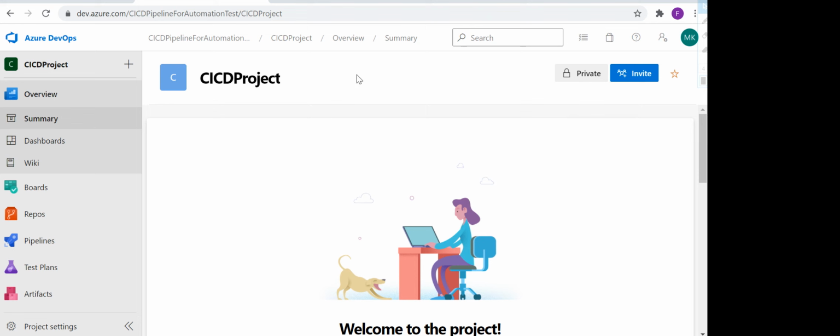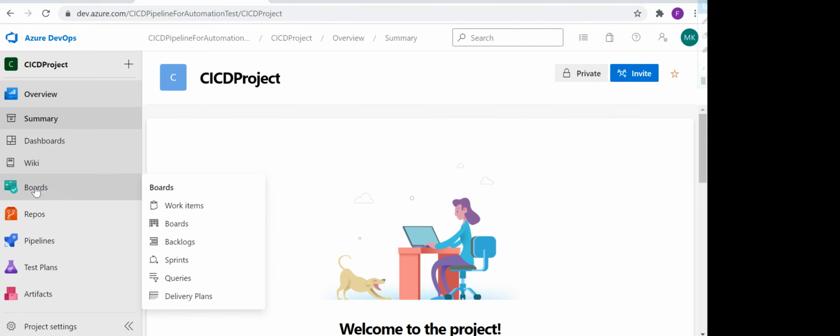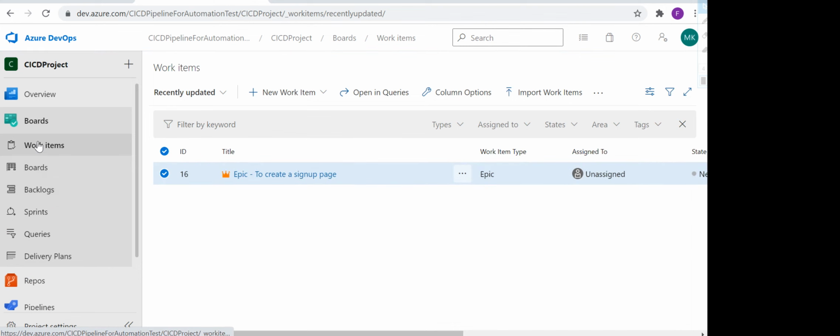Once the epic is created, we can see it in the board section. The board has an option for work items. You can click on work items and you will see one work item here as an epic. If you want to delete it, you have these three dots and you can delete it simply.